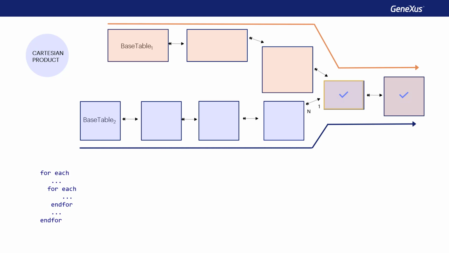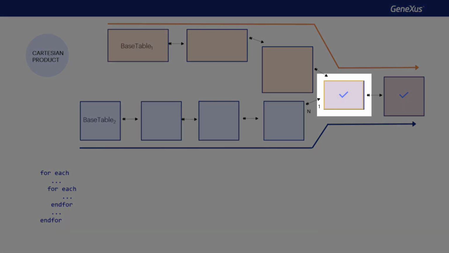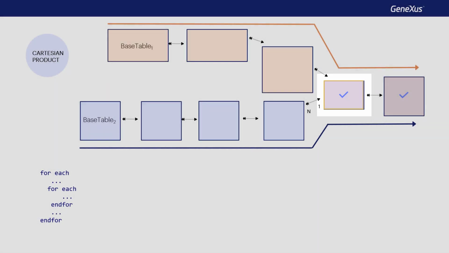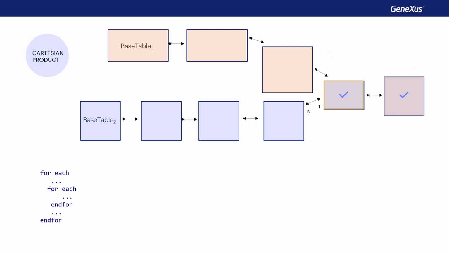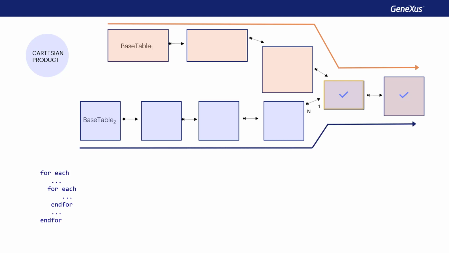If by one way or the other, we arrived at the same record in this table, it wouldn't matter at all, because they would give the same value by either way. That's what would happen if the join was done. But there is no join in this case. Therefore, the values of these attributes obtained in this way will not always be the same as those obtained in this other way. So which path will be chosen if in the nested for each attributes are placed from here or here? It will be that of the main for each.